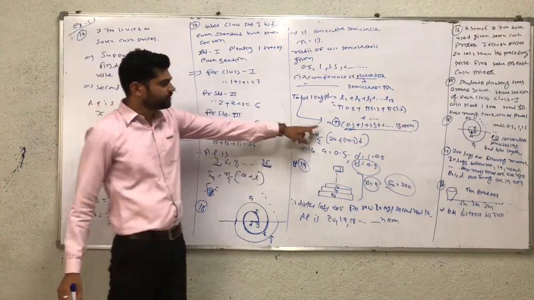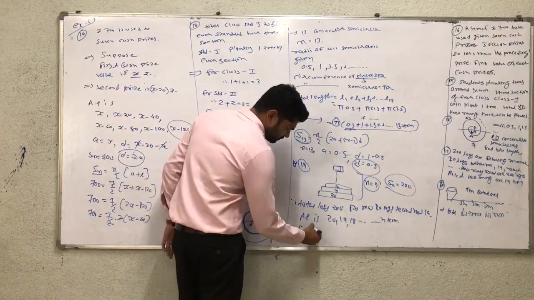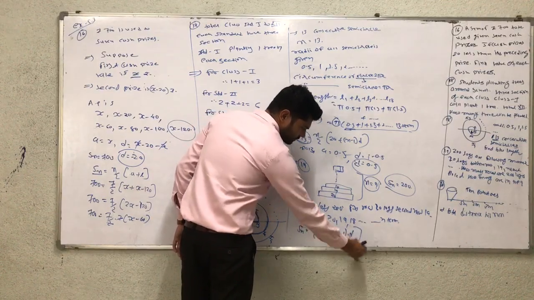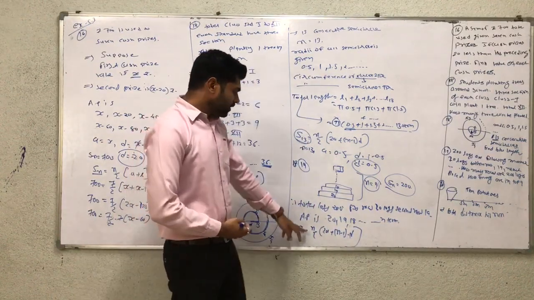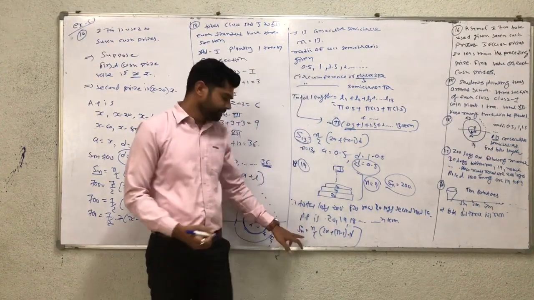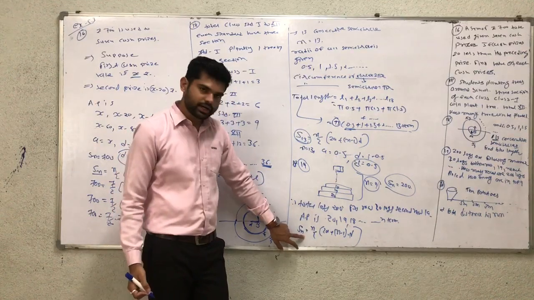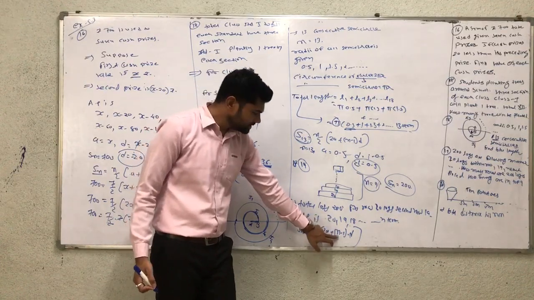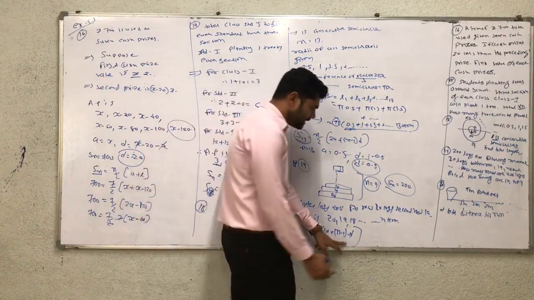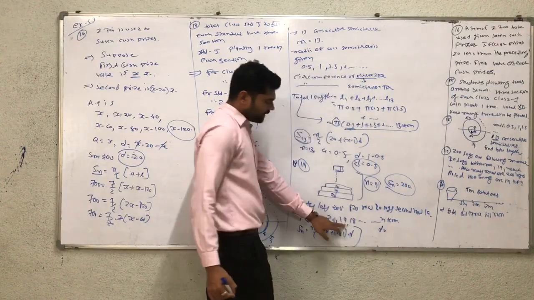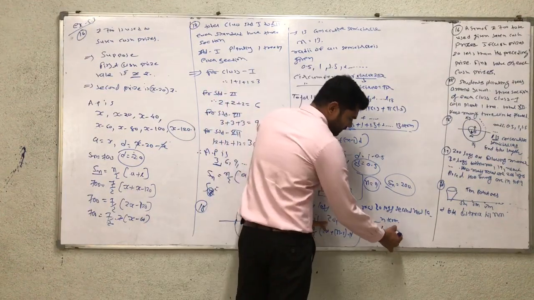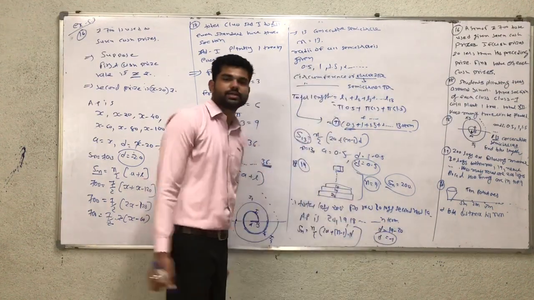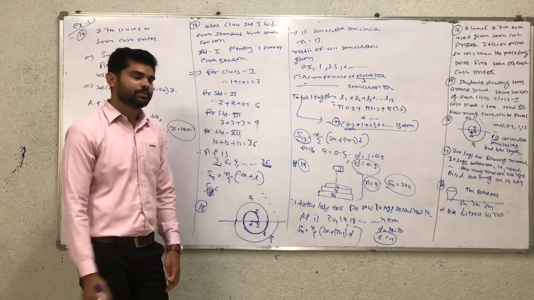So using the same equation, Sn is equal to n by 2 into 2a plus n minus 1 into d. To find the value of n, Sn is equal to 200. So 200 is equal to n by 2 into 2 into a, where the first term is equal to 20. N is not known, so we have to find n. D is equal to a2 minus a1, second term minus first term, so the answer is minus 1. Take d is equal to minus 1 and find the value of n.